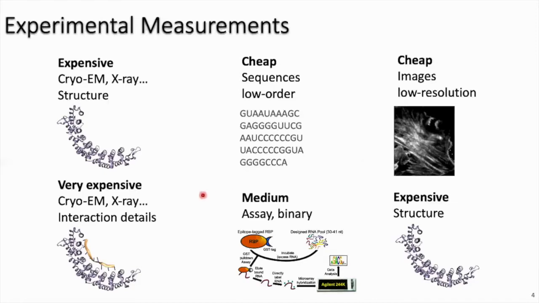Regarding interaction between two molecules, the precise measurements can be even more expensive. So people have developed assay-based experiments, which can provide us with high-throughput binary binding results. On the other hand, investigating the structure of an individual molecule can be less expensive than investigating two molecules at the same time. So computationally, it is very interesting to investigate their structure and function with those relatively cheaper measurements.